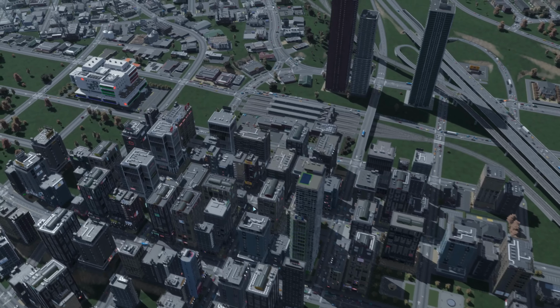And then smooth this cliff just a tiny bit here. There we go. And then the rest of this we can fill with trees. So again, we're going to do our...